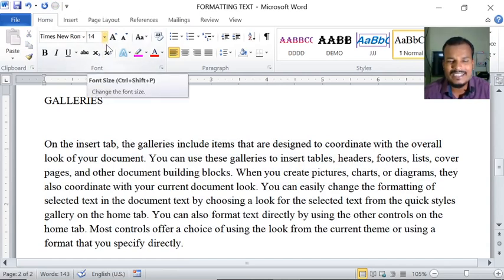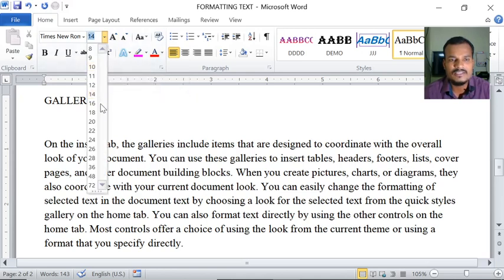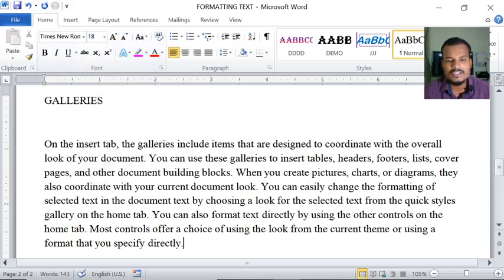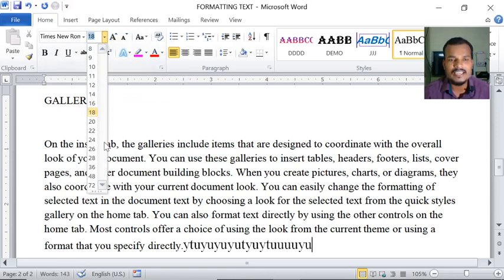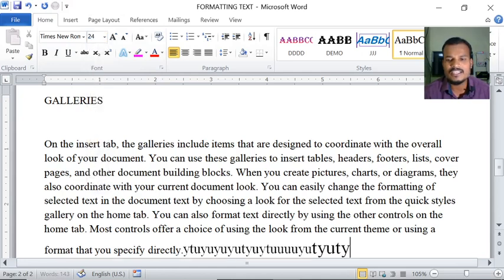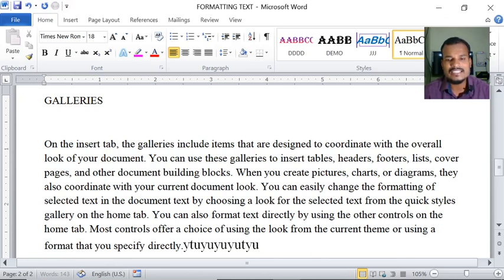So now I want to increase the size of the font. See here, I am increasing the font. See here, 18. Now automatically this is font size 18. Suppose I want to increase it again to 24, see, observe it. Font size is nothing but the way we can increase the character size. Okay, right.